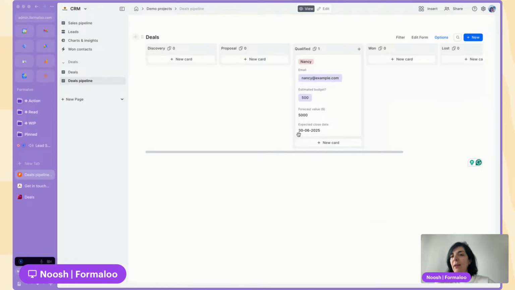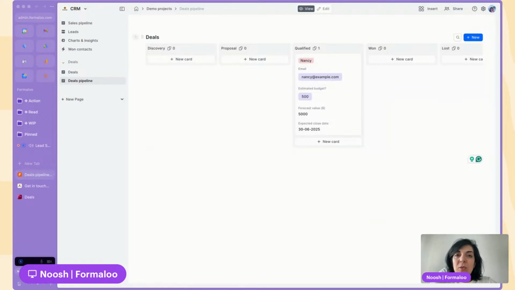So now we have our deals pipeline, our whole lead generation and lead scoring pipeline. And you can make it even more advanced. Bear with me. So to make it even more advanced with task management, so your sales team can manage their own tasks and be able to access them and streamline your whole processes and make sure everyone in the team is aligned. Let's create a new group for tasks